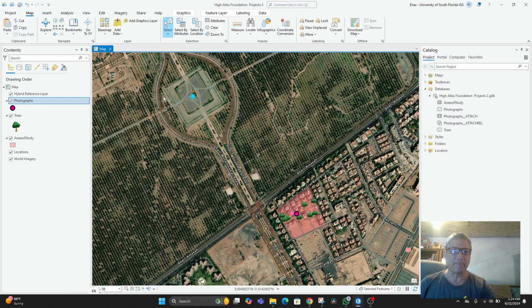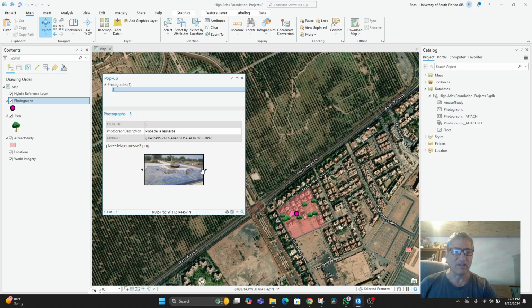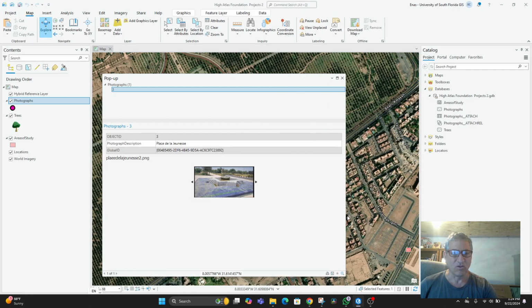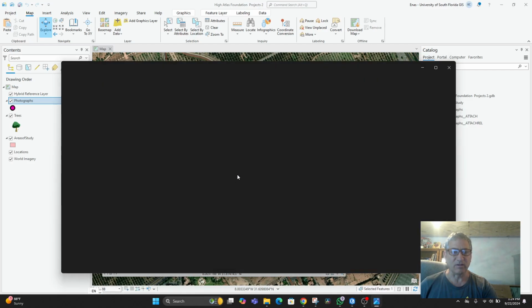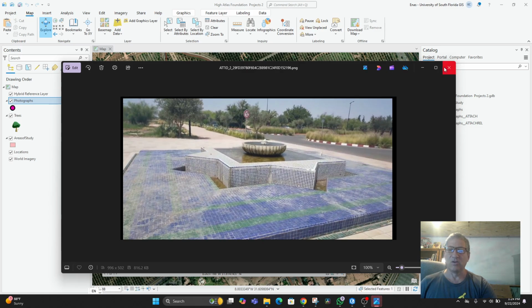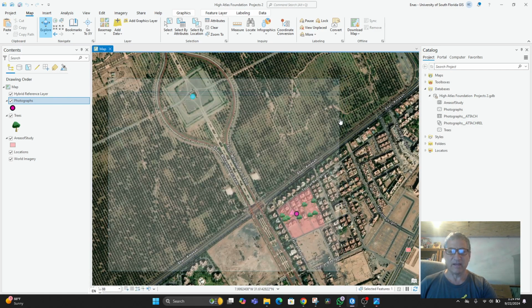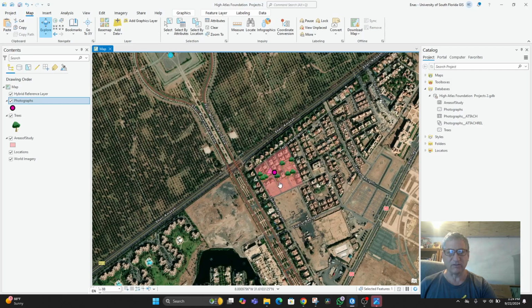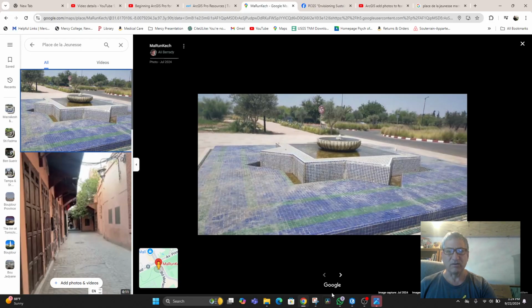And so what should happen now is that when I go to Maps Explore and I click on this, there are my photographs, 1 and 2. Okay? So it is definitely there for you, and if you double click on it, it'll open up nice and big. So you start annotating that. And let me see if I can do one for the High Atlas Foundation. Again, go to,